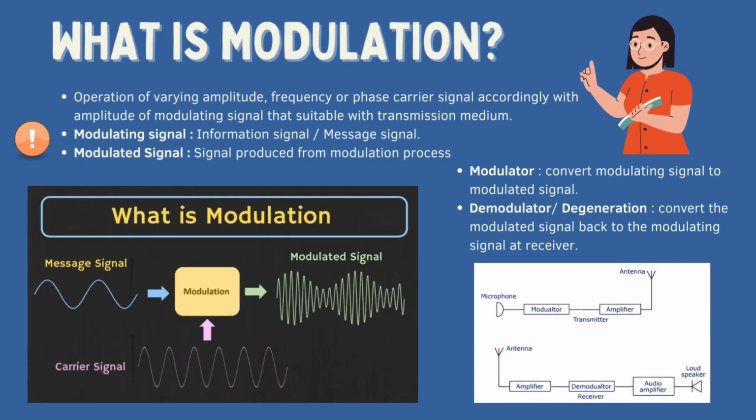Next, what is modulation? Modulation is an operation of varying amplitude, frequency or phase of a carrier signal accordingly with amplitude of modulating signal that's suitable with transmission medium. In addition, the modulating signal is known as information signal or message signal, and the signal produced from modulation process is called modulated signal. Modulator is used to generate modulated signal, and demodulator is used to convert the modulated signal back to modulating signal